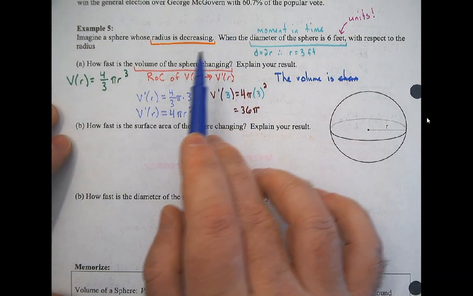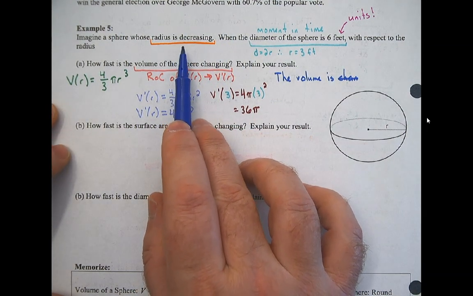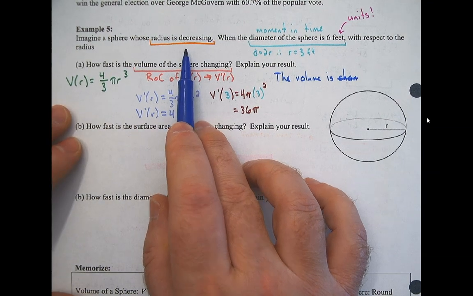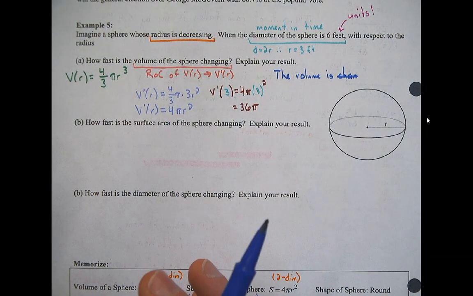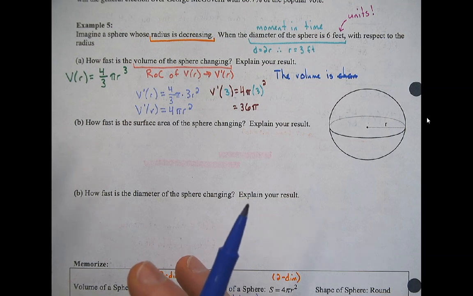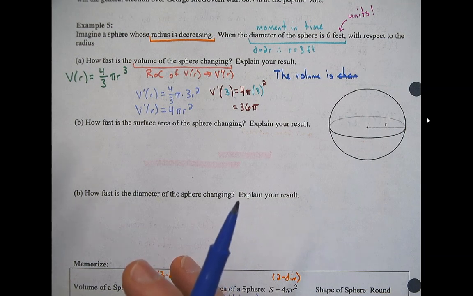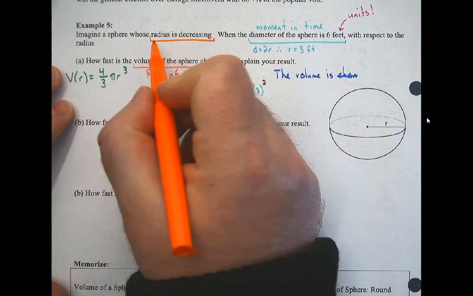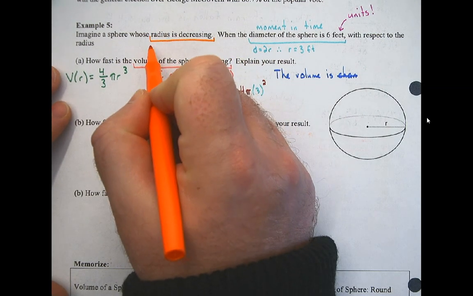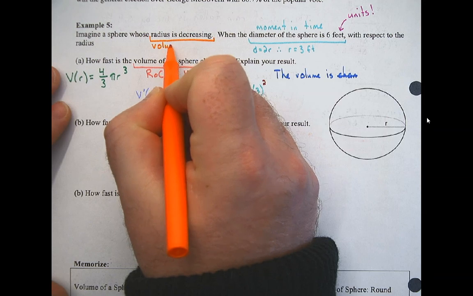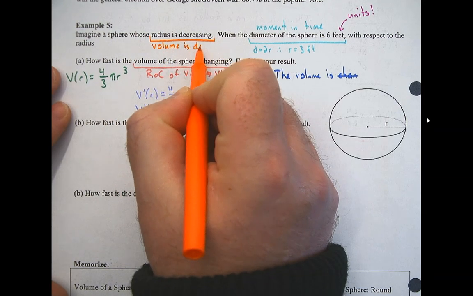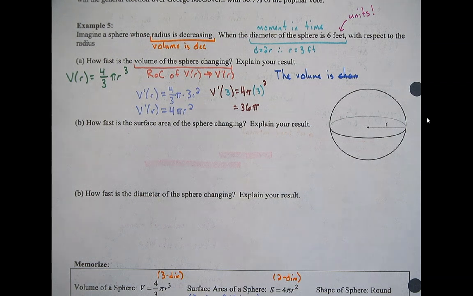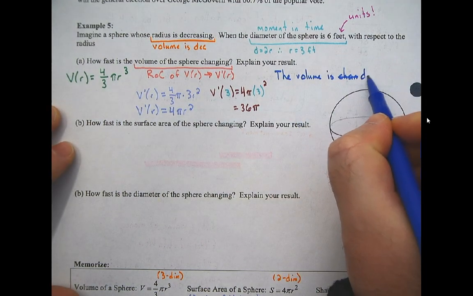I've got to be careful here. What do we know about if the radius is decreasing? If the radius is decreasing, what's happening to my volume? This is a good place to annotate. If my radius is decreasing, then my volume is decreasing. That makes sense. If my radius is getting smaller, then my volume is also getting smaller. So I want to say the volume is decreasing